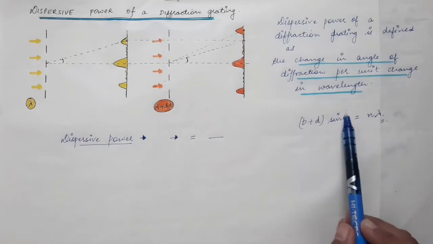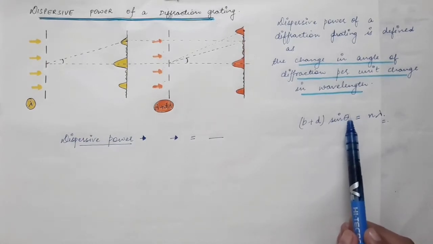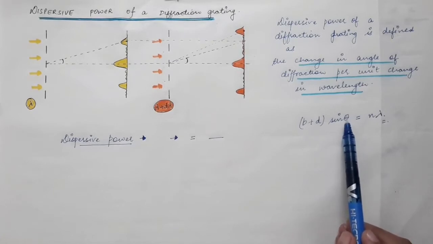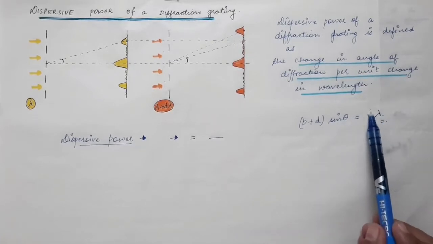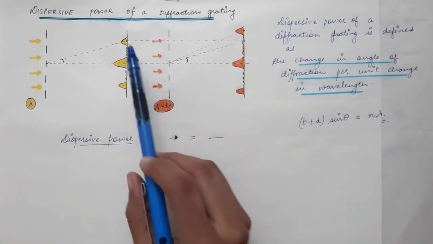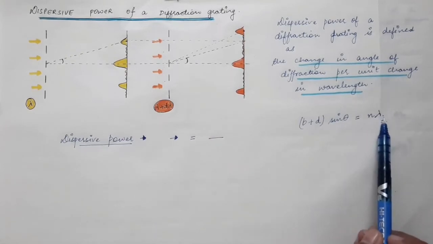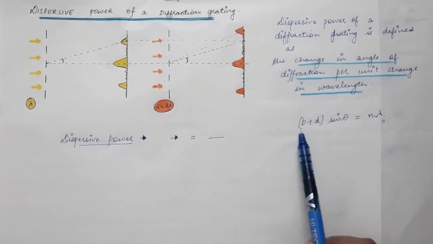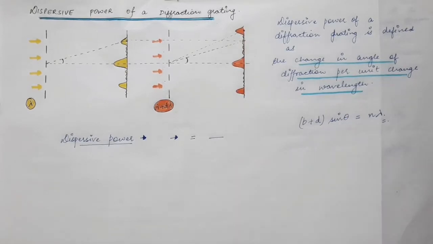Therefore sine theta will be fixed, or you can say this angle of diffraction will be a particular value. This angle of diffraction can be found out by putting the value of the order of the maxima which we are considering. Here we are considering only the first principal maxima, so n will be equal to 1. Lambda is fixed, and this grating element is also fixed. So this will give us a fixed value of theta.